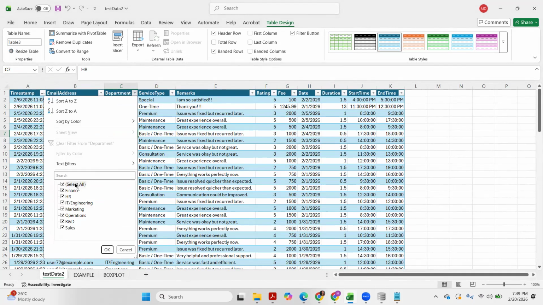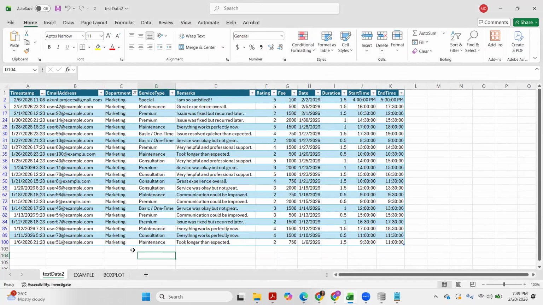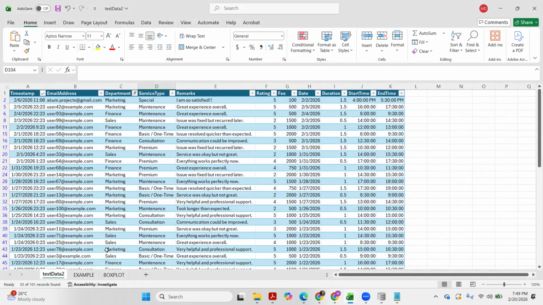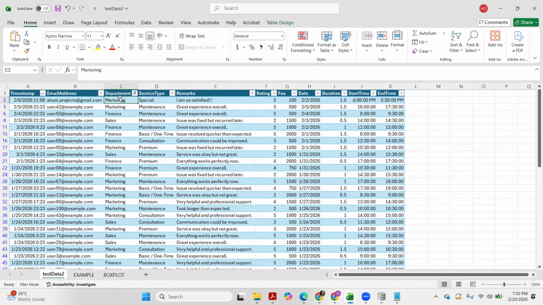So I uncheck everything first, then tick marketing and click OK. You can also tick multiple options, like marketing, sales, and finance, because they are somewhat related. I tick them and click OK. As you can see, everything here is only from marketing, finance, and sales.